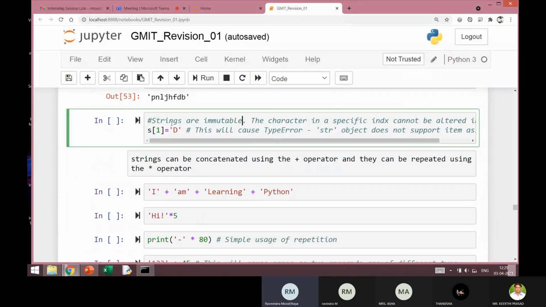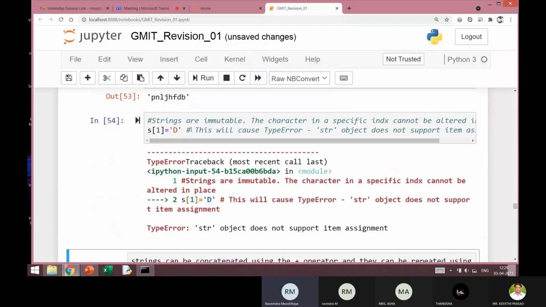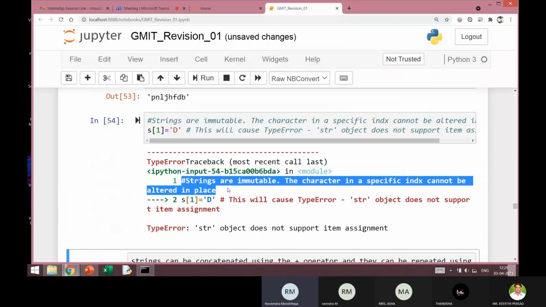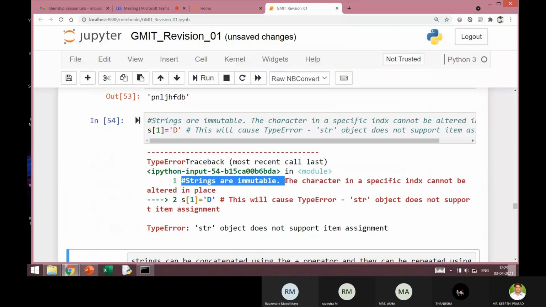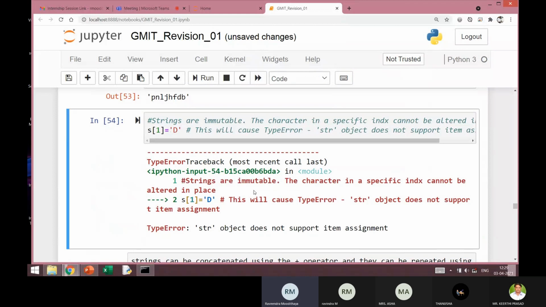Now I cannot change a character in that using a statement like this: s[1] = 'd'. If I execute this, there will be an error. What is that error? It says strings are immutable. Strings are immutable means I cannot change the value of any character in the string in place.